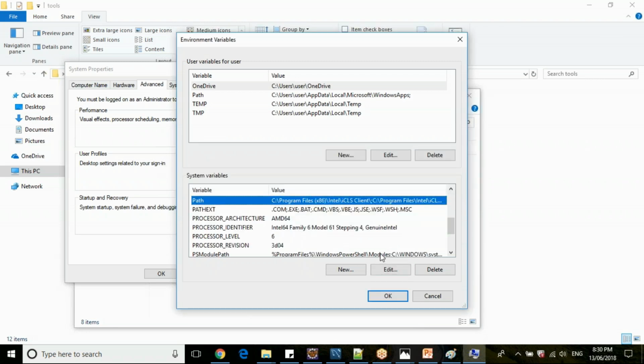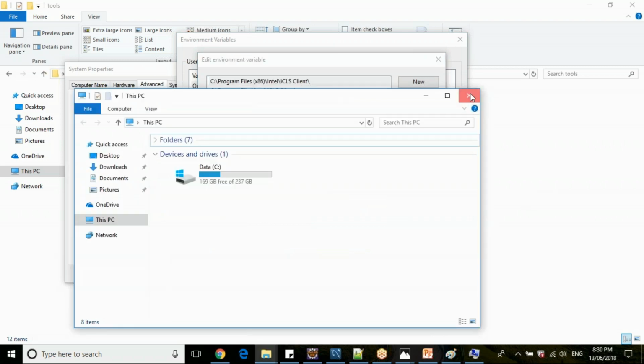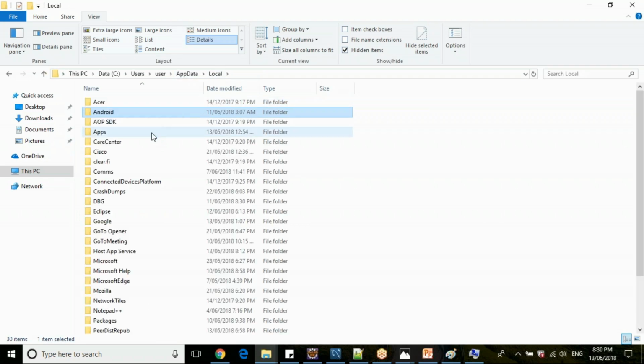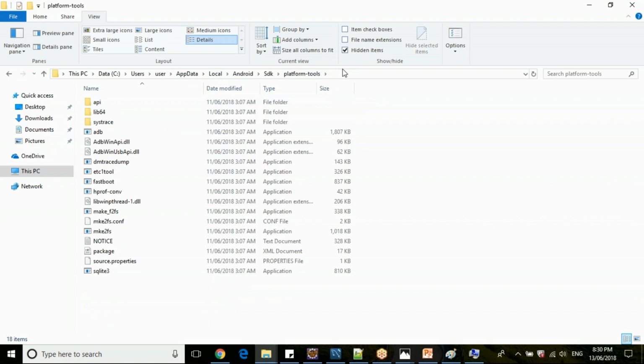Now go to the path variable. Here you need to set two paths for two folders. So Android SDK till platform tools. You need to set